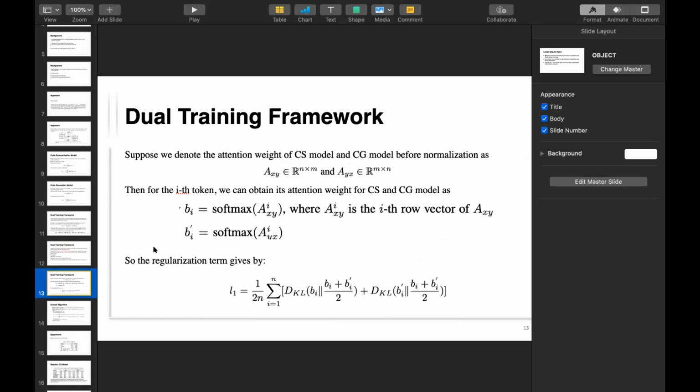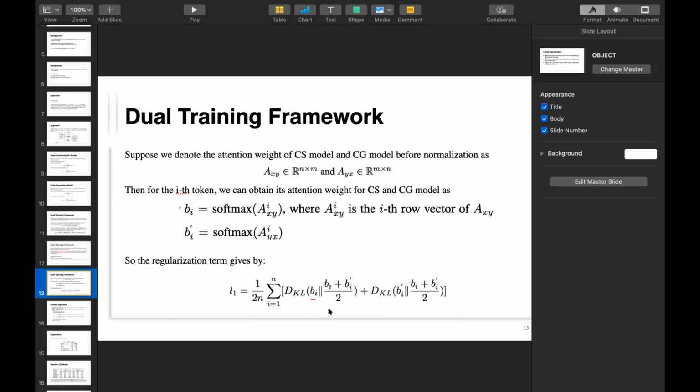Yeah. So here, the B prime will take the ith column vector of the AYX to have the symmetry vector, and we can formalize the regularization term by the bottom formula. And just now you said you have a question about the KL divergence. Yes, BI is a